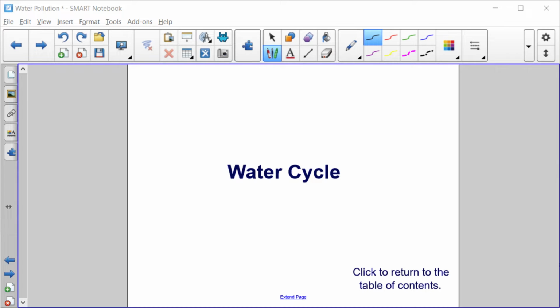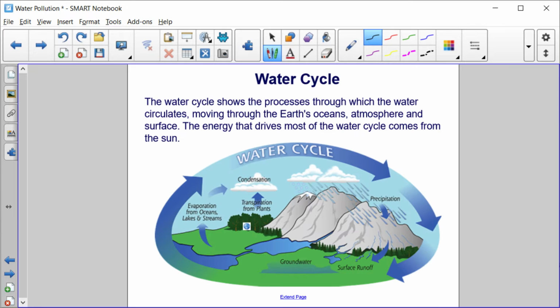In this section, we're going to discuss the process of the water cycle. The water cycle shows the processes through which the water circulates, moving through the Earth's oceans, atmosphere, and surface. The energy that drives most of the water cycle comes from the sun. We're going to discuss each part of these processes in detail in the following slides, but just suffice to say